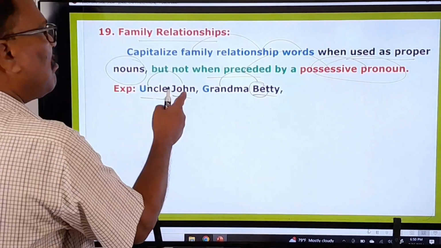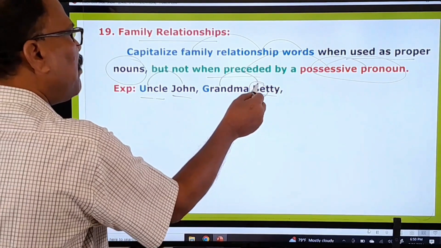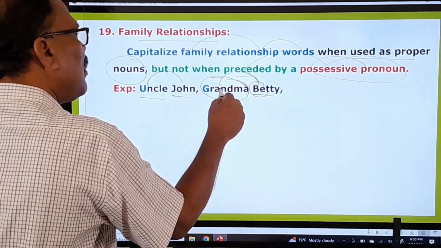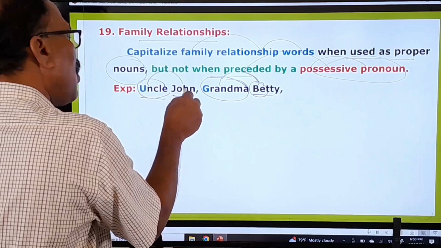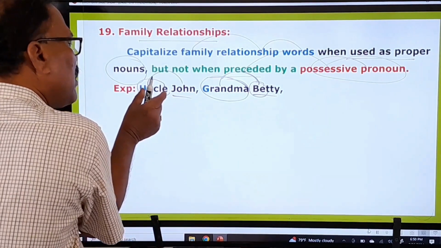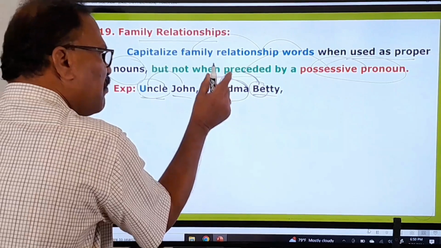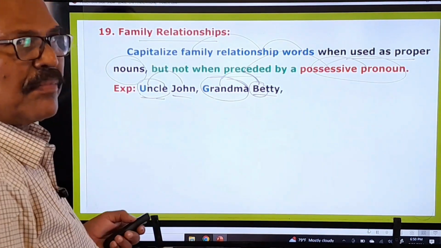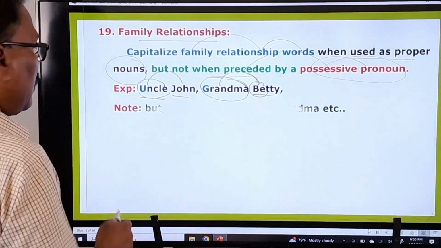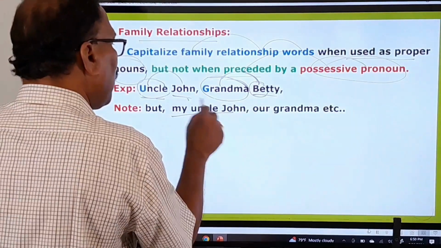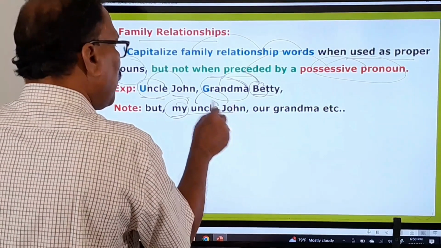Okay, Uncle John, Grandma Betty. Here, before this name, only these relationships occur. Before John, only the relationship word Uncle occurs. Before this name, only this relationship word occurs. Okay, right. But with my Uncle John, when you say "my," you cannot capitalize this